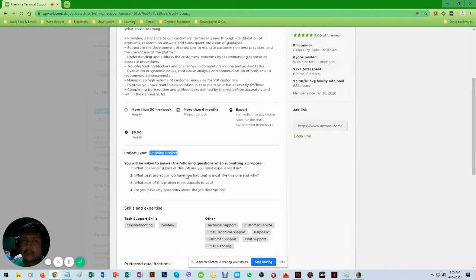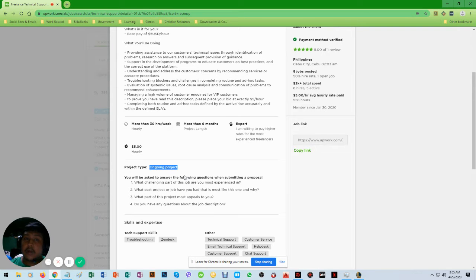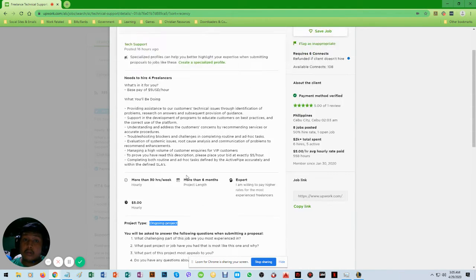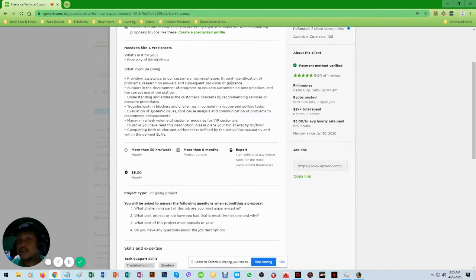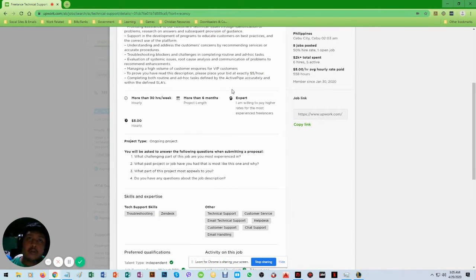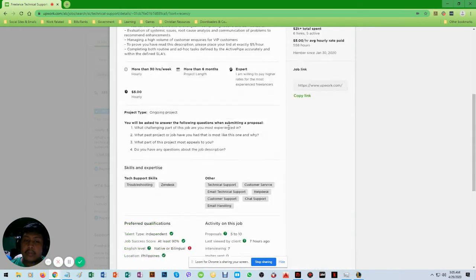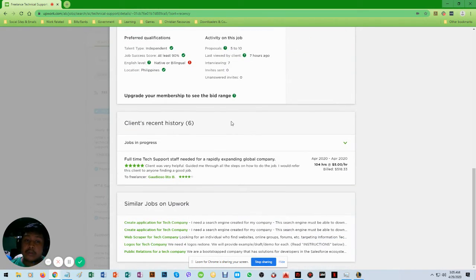So based on the information we have so far, we can see na this is actually a long-term project because it's a full-time tech support staff. So this is more of a long-term. You're building a long-term career dito. Now, if you want to apply for this, by the way, you can also see the client's recent history